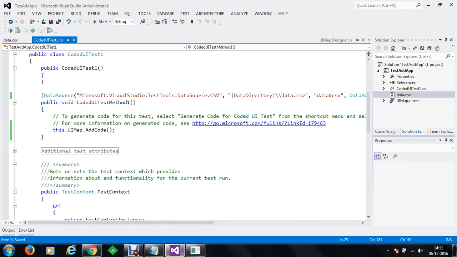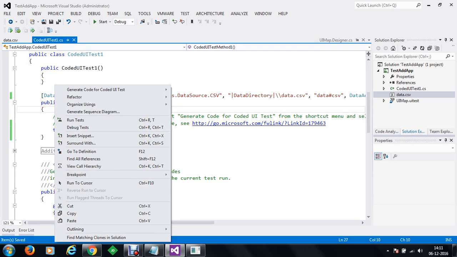Now we would like to test and see whether the values are being taken from our data.csv file or not. The important part is, though we have connected the data source from the data.csv file, and the number of items will be identified from the data.csv file, the original value which has been hard coded in the code due to recording will be used. Let me just show you.